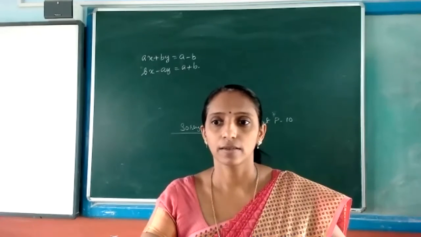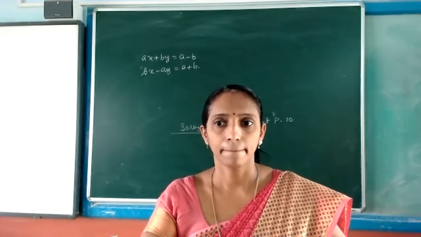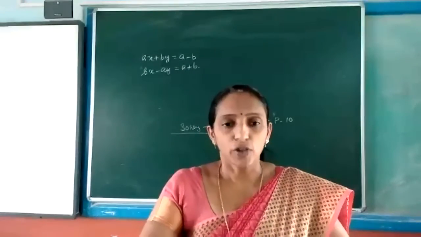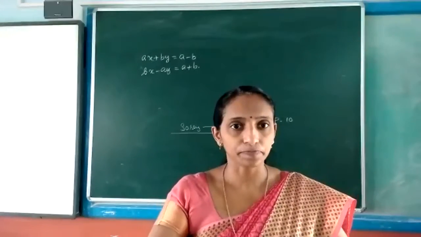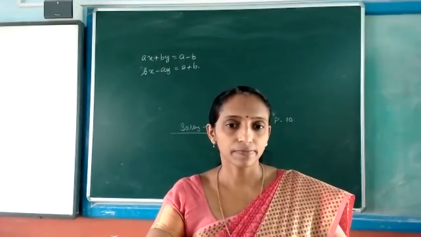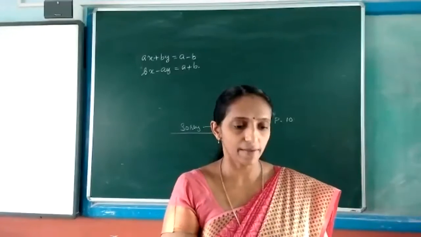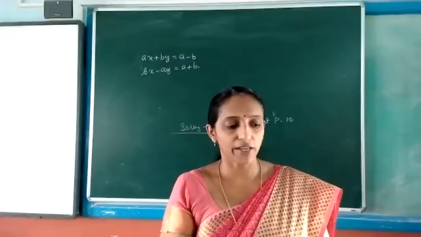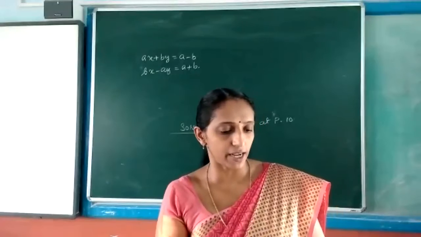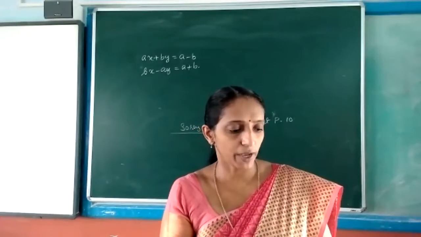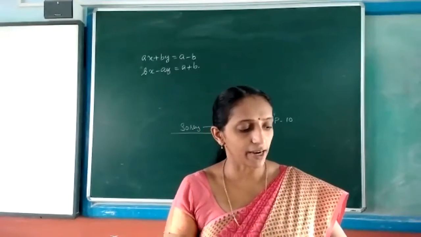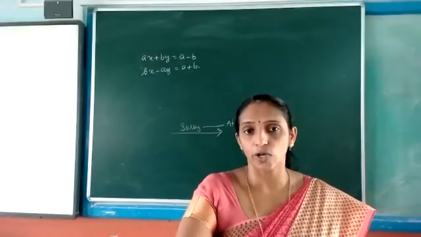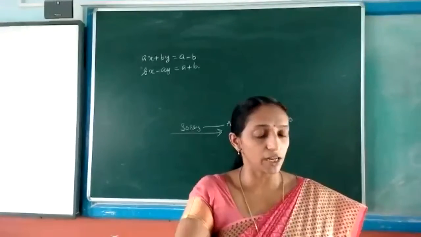Yes, ma'am. Can you tell the formula which you have explained for the factorization of trinomials, writing the answer as a square plus b square? Just now you have done the question. The (a+b) square formula? Yes, ma'am. That is given in the expansion case also. I think that formula is given. Let me check. Expansion, it's given. Formula number 11 and 12. Expansion, page number 68.